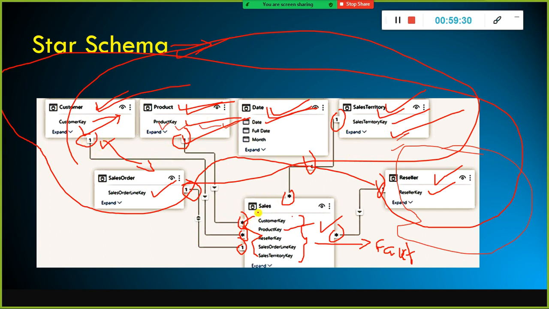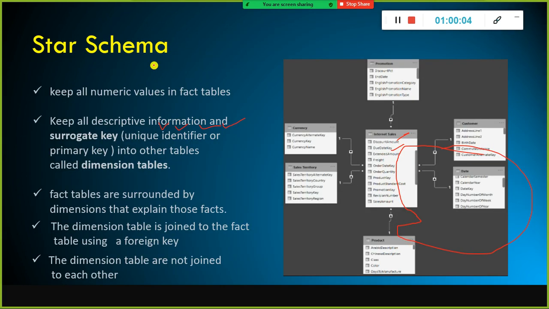Each customer made more than one purchase, and each product we sold more than one time, at different times and in different regions. For each region we could see multiple transactions. Customers from different regions purchased each product more than one time. We can think of it that way. So this is what a star schema is all about, and this is how we need to design the star schema.